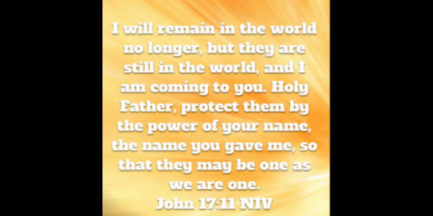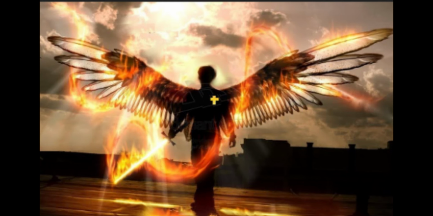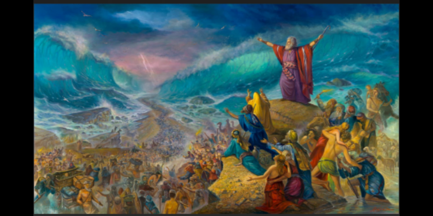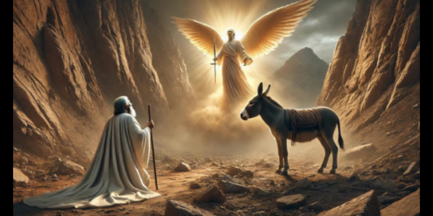To further on this, Exodus 23:20-23. God says, "Behold, I send an angel before you to keep you in the way and to bring you into the place which I have prepared." This angel has God's authority to forgive or not forgive sins, which suggests divine identity, as only God can forgive sins. Exodus 14:19: the angel of God moves to protect Israel at the Red Sea, standing between them and the Egyptian army. Numbers 22:22-35: the angel of the Lord confronts Balaam, showing both protective and disciplinary roles.